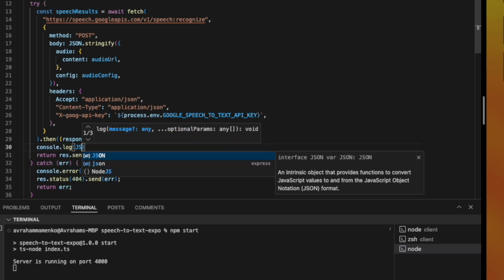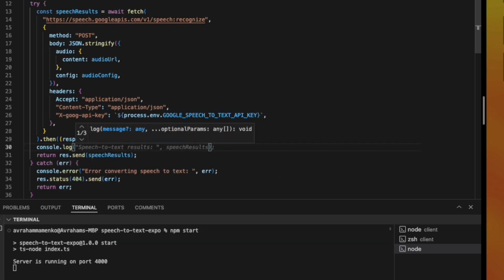So we're going to go ahead and console log, as an object, the speech results themselves, right? So when they come back. So if I restart my server,